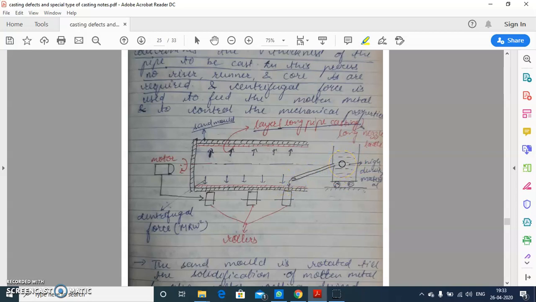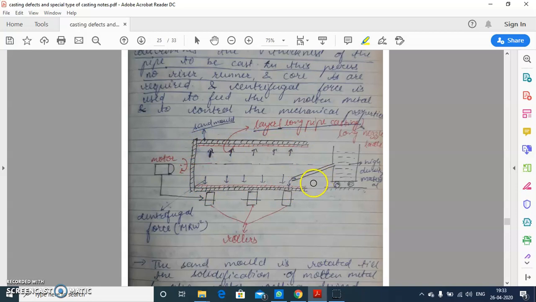As this is a continuous process, as we put the molten metal in the sand mold, continuously with the help of roller and motor, this sand mold is rotating. Continuously the sand mold is rotating and along with this we put the molten metal. Then this molten metal is pasted in the circumference of this cylindrical sand mold,